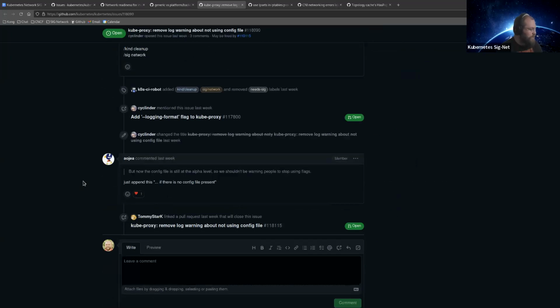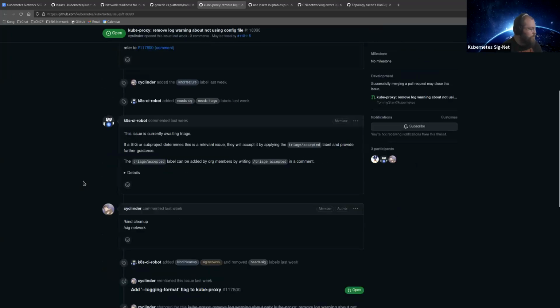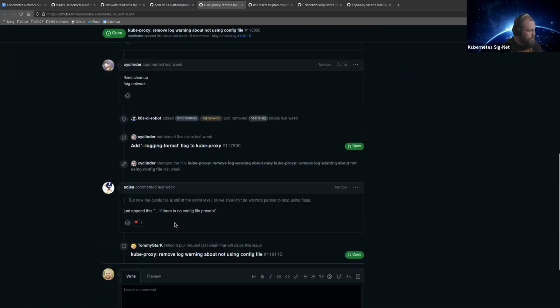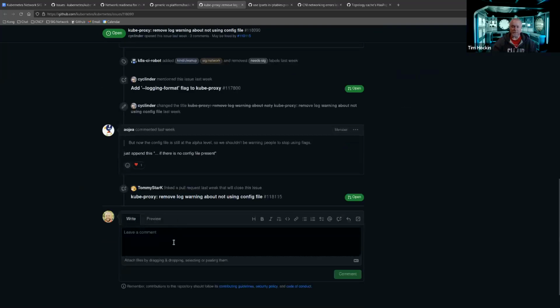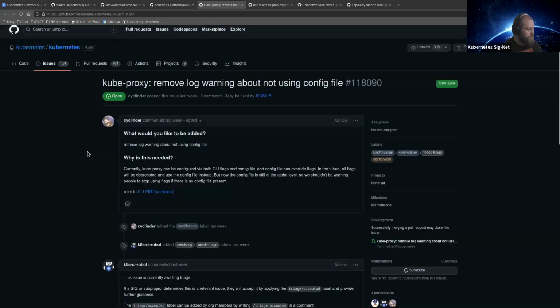Does anybody want to try to take that one on and move that one forward? If not, I'll kind of bookmark that one for myself and see. It's fairly cut and dry. Just need somebody to work on it. I'll take a look at it after this. We don't need to hold it up if nobody wants to jump in there.